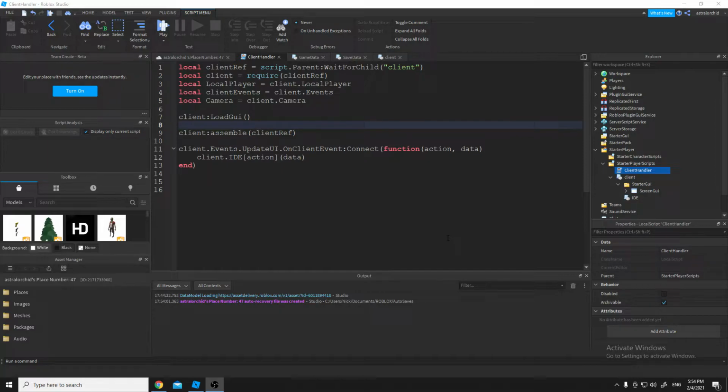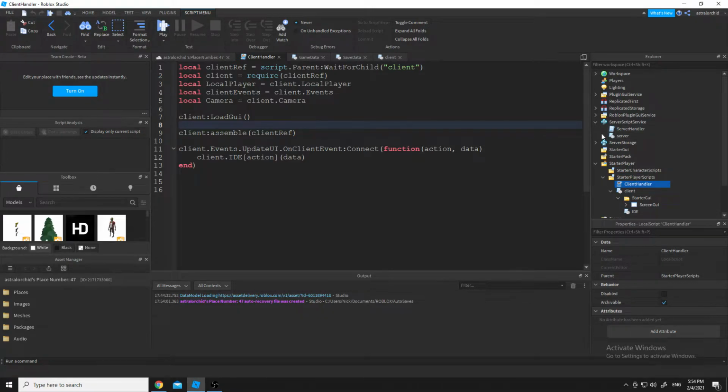This series is really more fundamental game design theory rather than concentrated concepts, I guess you could call that. So, we have a server module script communication system on the server scripts inside of server